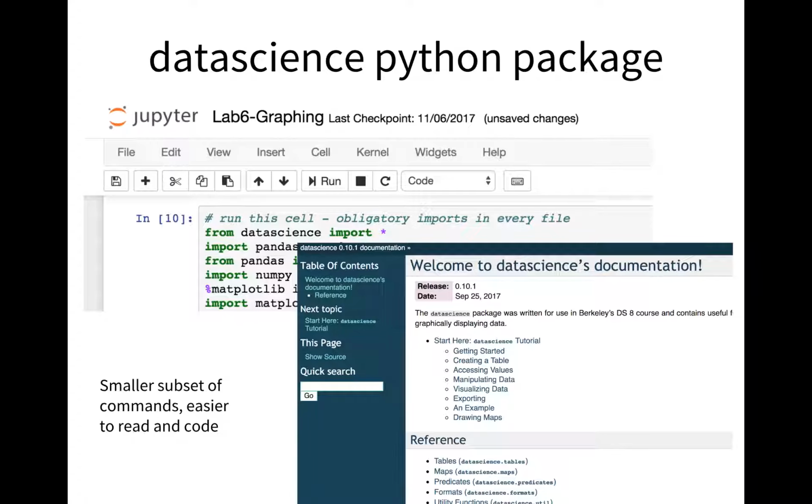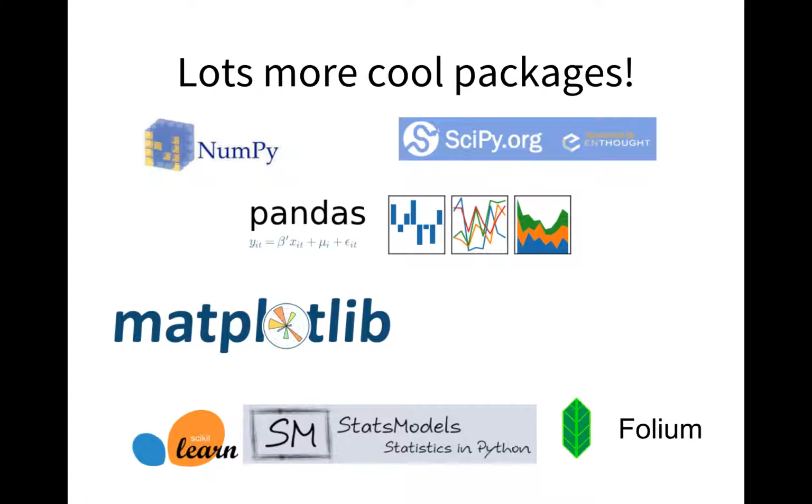So we still believe in it. Once you get into Python, there are a lot more cool packages. So this is all about learning which package is appropriate for your field or for your project. NumPy does everything to do with numerical manipulation, so we almost always use NumPy. SciPy is a big one for all sorts of science and scientific manipulation.